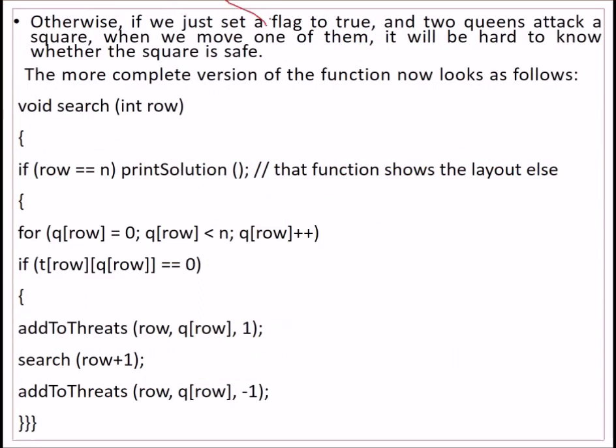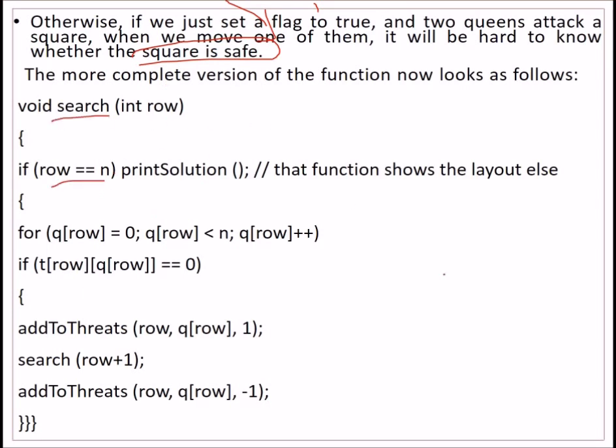Otherwise, we can also have a flag. If 2 queens attack a square, we move one of them, because we can see the problem is there, the flag is on, so we'll move it. But the problem with this kind of approach is that it will be hard to know whether the square is safe or not.